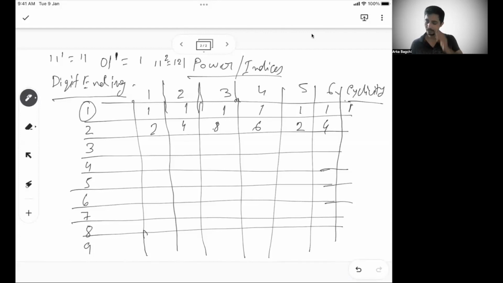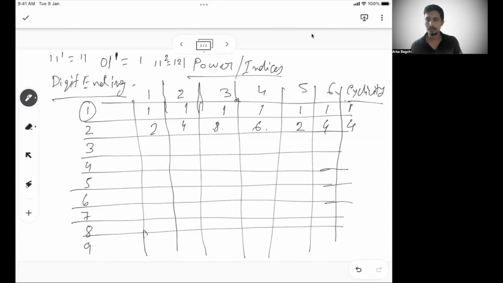So what we can see is it is kind of repeating a pattern 2, 4, 8, 6, and then again 2, 4. And if you see 2 to the power 7 is 128, 2 to the power 8 is 256. So again for 7, the last digit is 8. For 8, the last digit is 6. So basically it is following a pattern of 2, 4, 8, 6, 2, 4, 8, 6 continuously. Okay. So the cyclicity here is 4. So after every fourth number, the same last digit repeats. So 2, then 4, 8, 6, and then again 2.